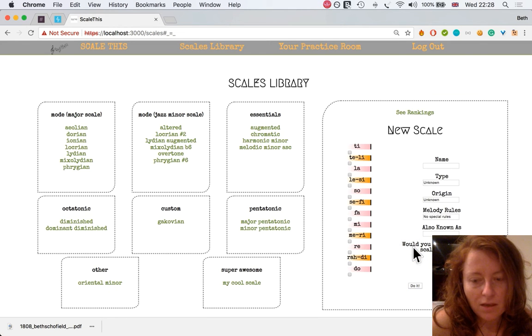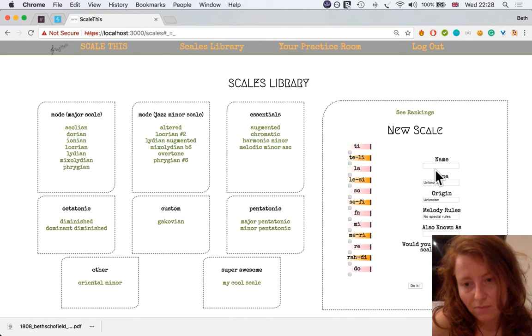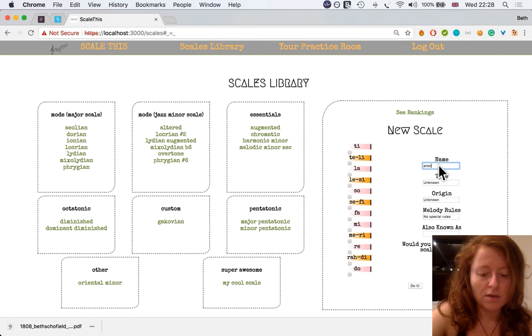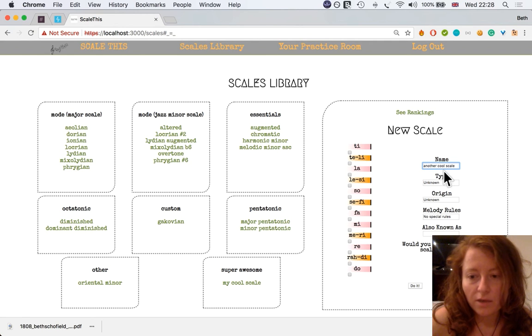Do it. Okay, as you see, no page refresh, and that has rendered a brand new scale type box because we didn't have a type of super awesome before, and it's made an li for my cool scale. And it's given me a blank scale form. So if I make another cool scale,